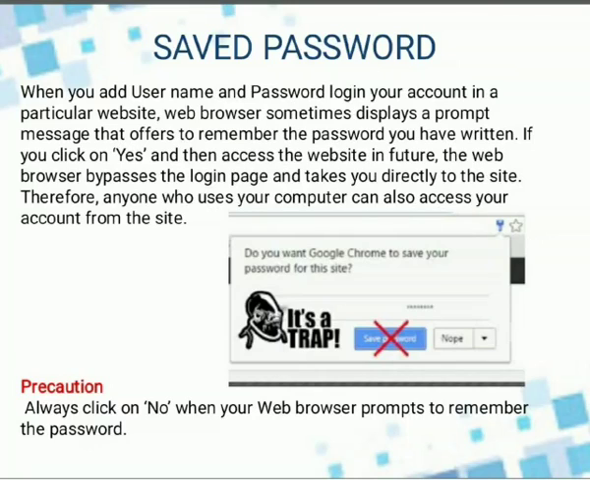So what is the precaution? Always click on no when your web browser prompts to remember the